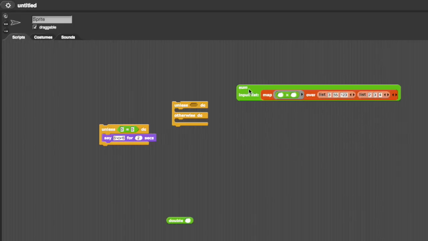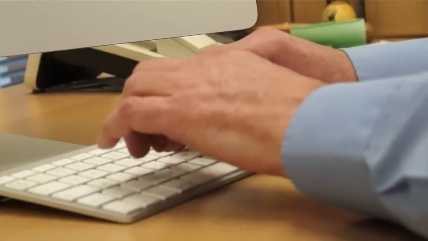Okay, so the total value of our stock: we've got 3 items at £2, 55 items at £3, 123 items at £4. Total value of our stock is £663. From there, one of the things I'd like to do, and this is going to be a control block,